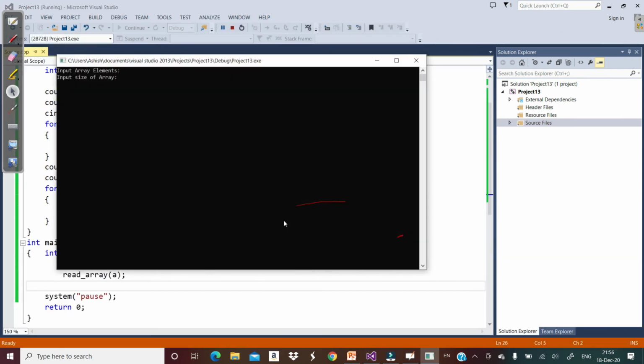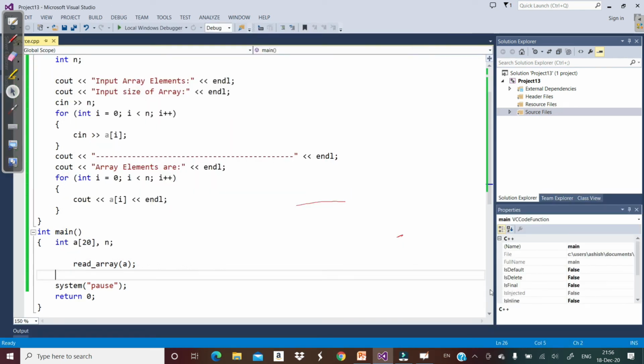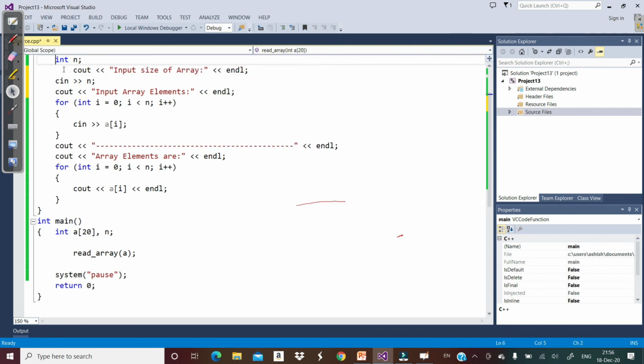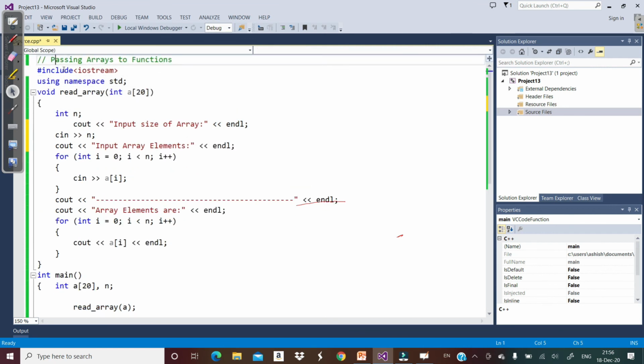Now let's run it. Let's say input size of array, let's say 3, then elements are 1, 2, 3, and then it is going to print it. Whatever you did for array size, you can put some conditions for array size here also. You can put some condition inside if to check the array size entered by the user, that it is less than or equal to 20 and greater than or equal to 0. So there are two ways. Either you can simply pass the array, or you can pass an array and size separately. It's your choice. This is how you can pass a one-dimensional array as a function argument.